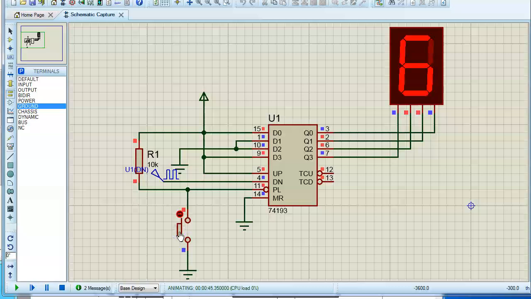But we should also have a control to set an end value. That means if I want to stop counting at a particular number, or I want to start at 9 and go up to, let us say, 2, how can I do it? You should have some extra circuit which does this reset logic. Instead of doing it manually, it has to do it automatically. Whenever the count reaches a particular value, the reset logic has to trigger such that it loads the count value automatically back to the original value, that means 9.